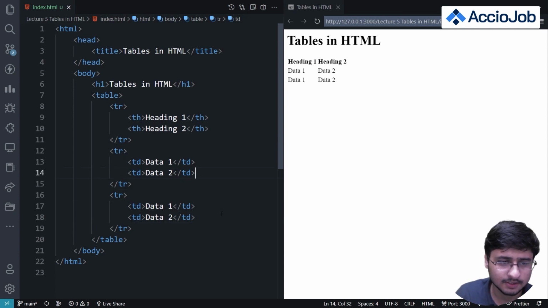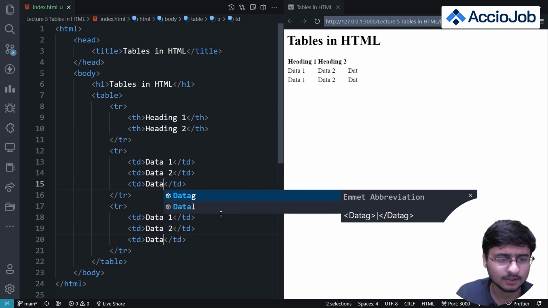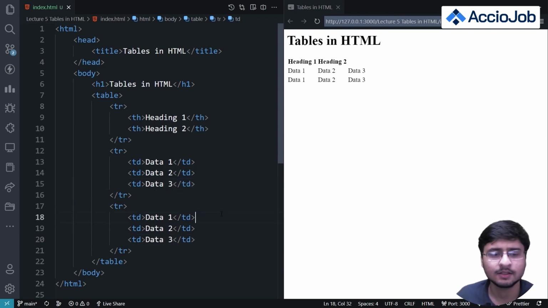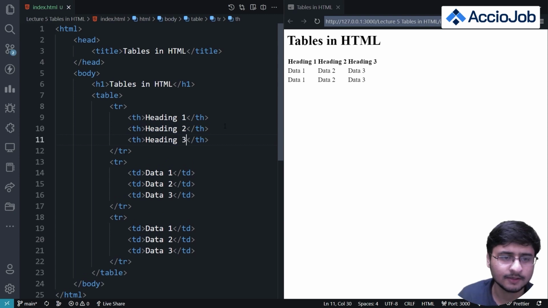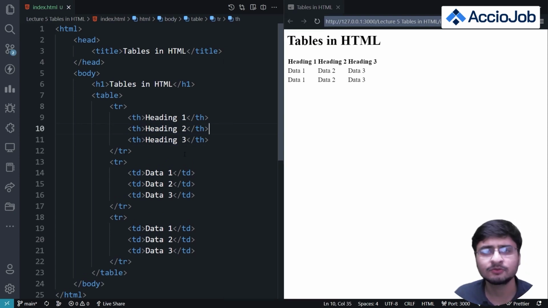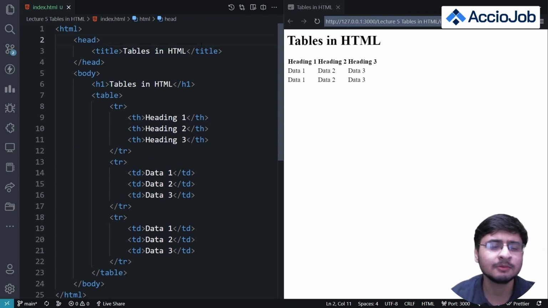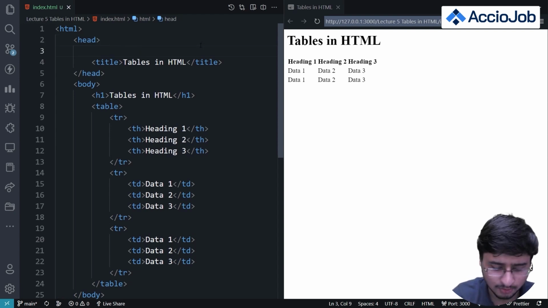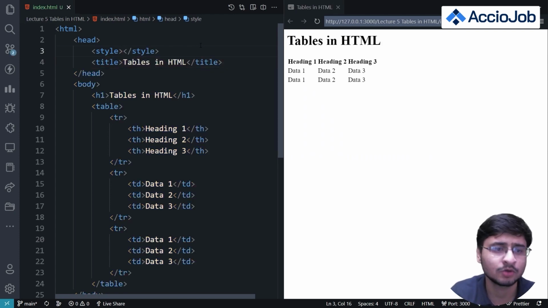Let me add the data 3 tags also. So I'll just add table data 3, right? So now I should also add the heading 3 tag, right? So let me quickly add stylings before explaining anything further. Stylings are basically some CSS code that I'll be adding in this HTML file only. We'll learn all about CSS in upcoming lectures. You don't need to worry about that, but I'm just doing it to visualize this table more clearly for you guys.